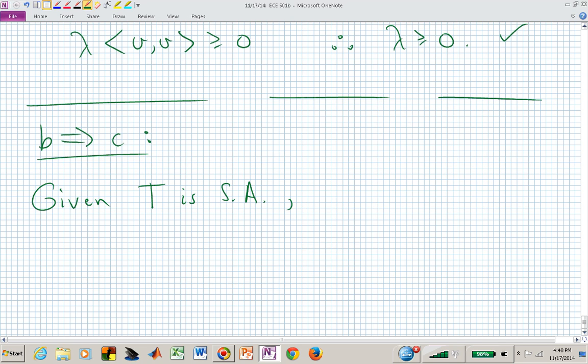Now it has a particular basis. We can form the basis of eigenvectors where those eigenvectors are orthonormal. So now we can say that we have E1, E2 up to, let's say, E sub n, form an orthonormal basis